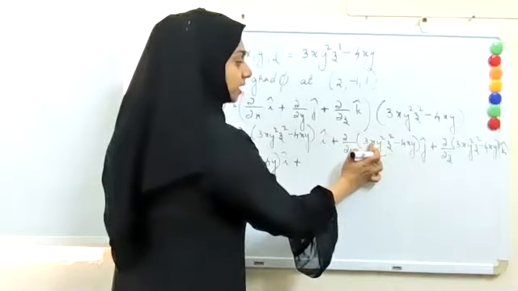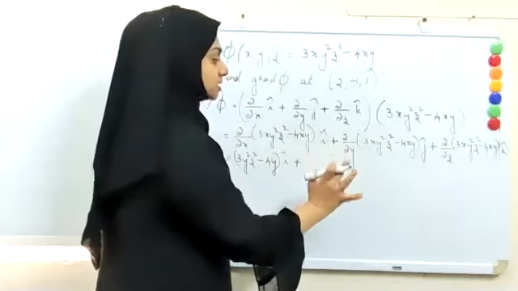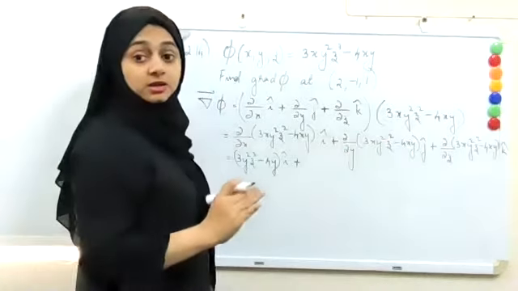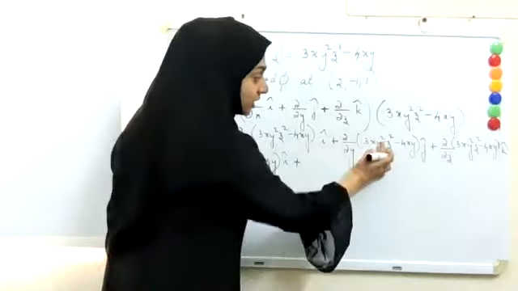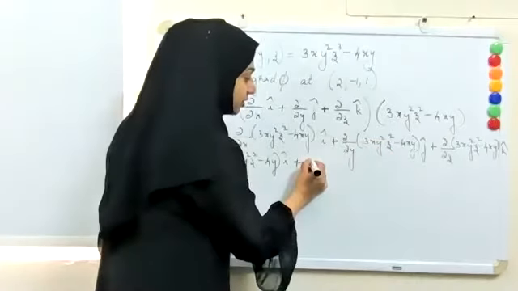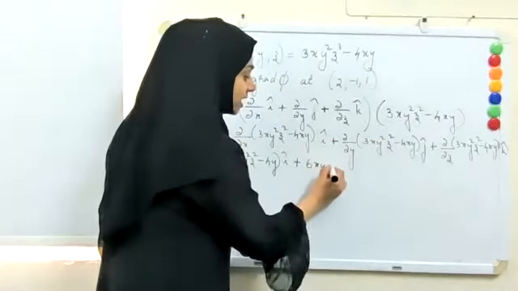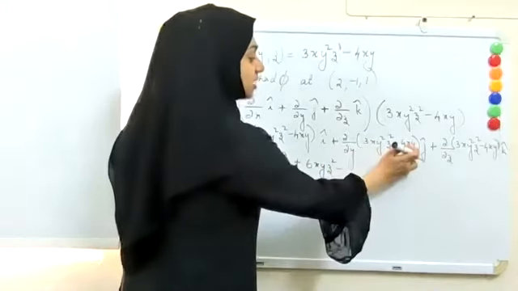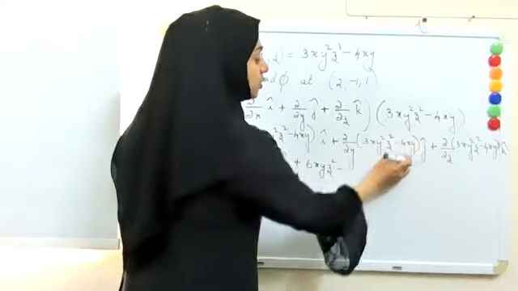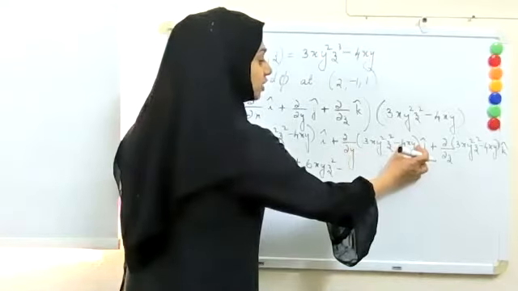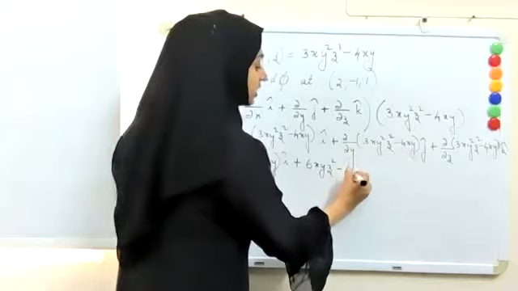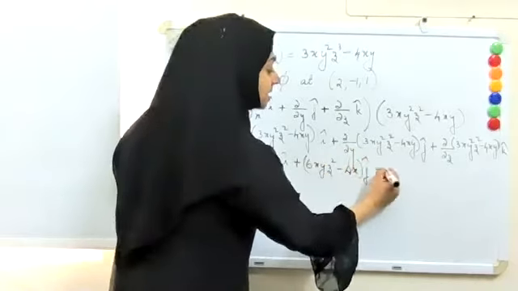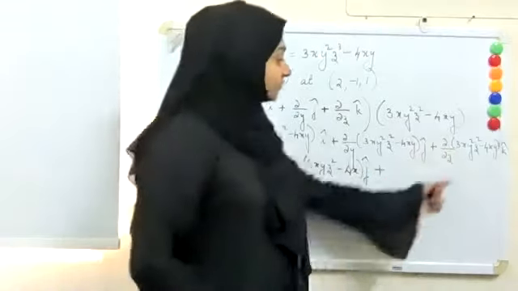plus dou by dou y of this term. Here you have y square. x and z can be considered as constant. So dou by dou y of y square will be 2y. And 2 gets multiplied with 3. So you have 6xyz square minus, here x can be considered constant. So dou by dou y of 4xy will be just 4x times j cap,